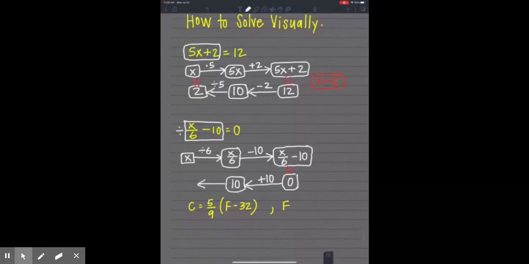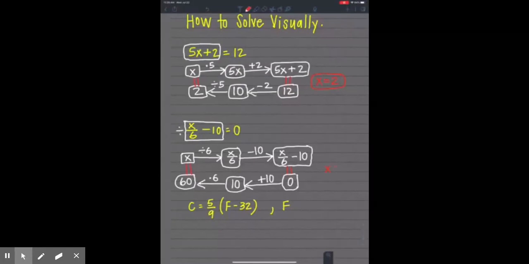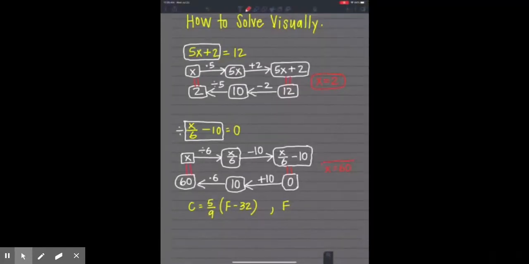And then again, I'm going to do the opposite of dividing by 6, which is multiplying times 6. And 10 times 6 is 60. And there we have our answer. So we just made a nice little rectangle with a lot of good stuff inside. I like this, and I like this for kids that I have to reteach, and